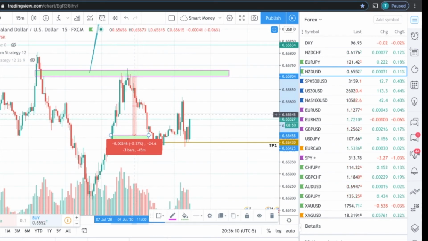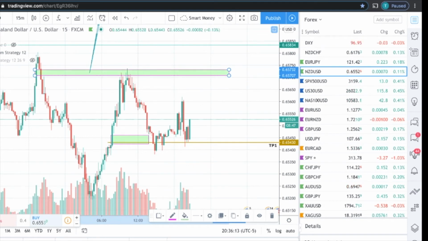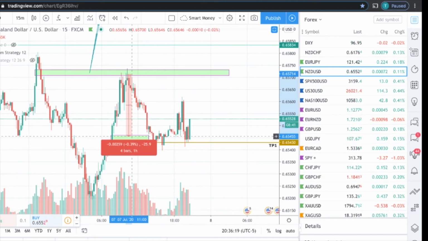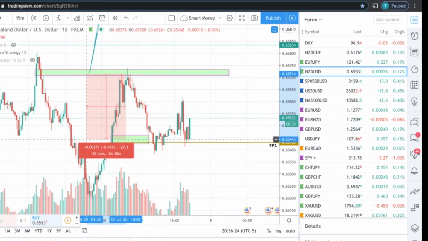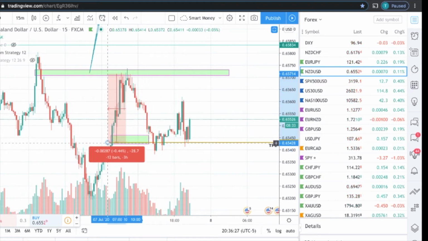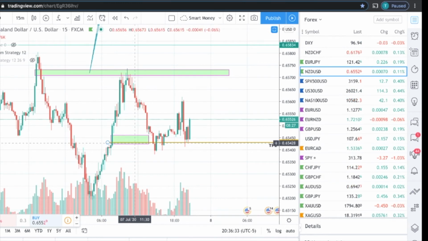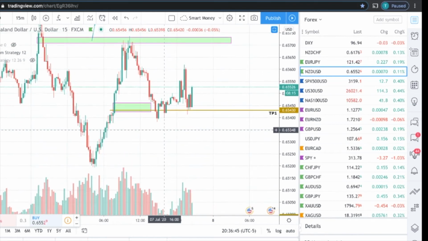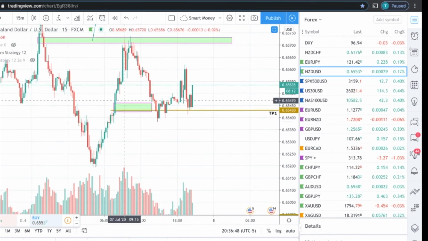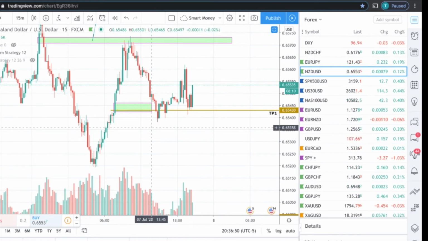25 pips, or actually whatever I entered. Let me do this again, because I entered right around this area here. It would have been a good 25 pips, but I saw there was more of an imbalance, so I actually set my stop loss there, set my take profit here, to this level, just because I felt like it was going to, you had all this imbalance zone that it didn't take out, so I had about 3 trades set, and then it hit those, started to move back up, and